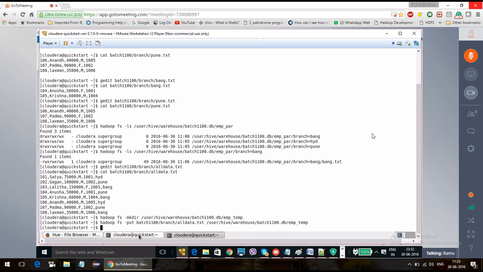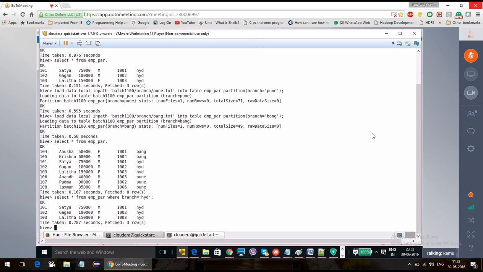Now I am going to create a table for the same thing. Create table emp_temp, employee number string, employee name string, salary int, then sex string, then DEPT number.